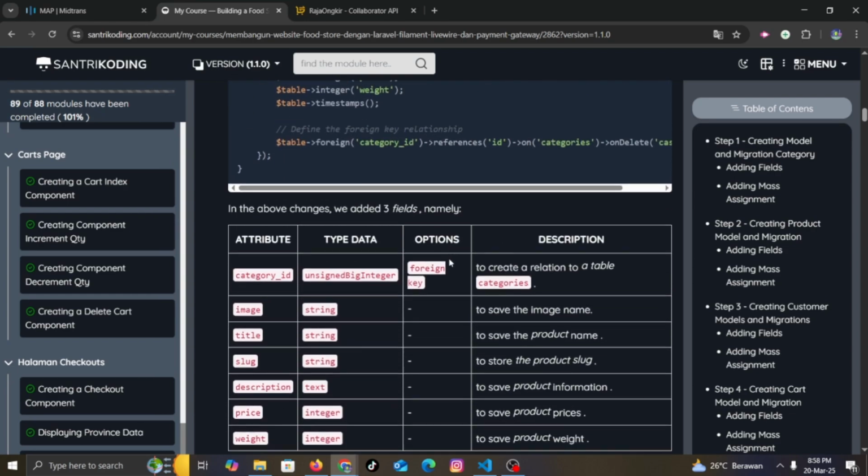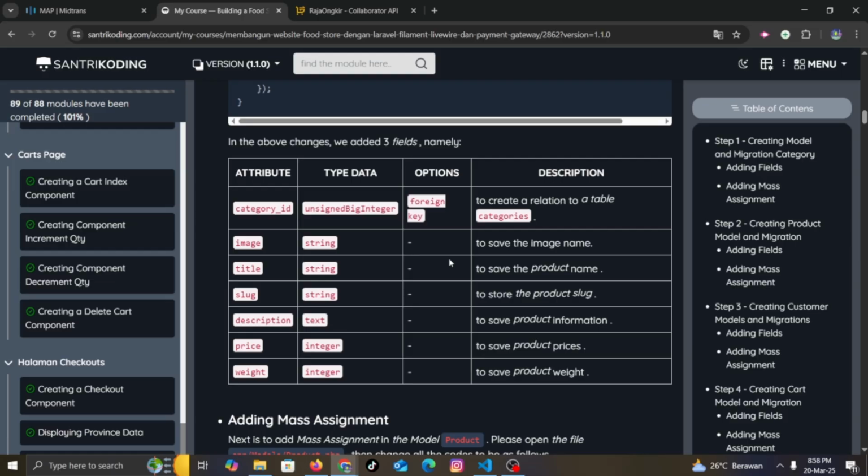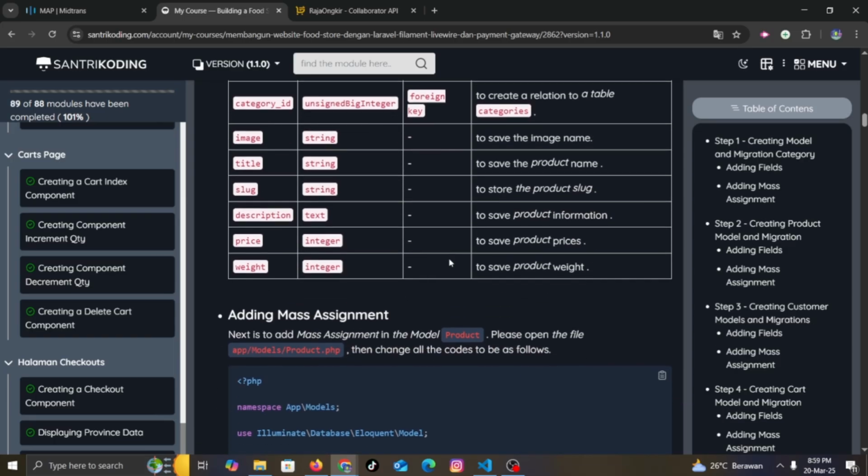In the above change, we added fields named category ID, unsigned big integer, foreign key to create a relation to the table categories; image, string to save the image; title, string to save the product name; slug, string to store the product slug; description, text to save product information; price, integer to save product price; weight, integer to save product weight.